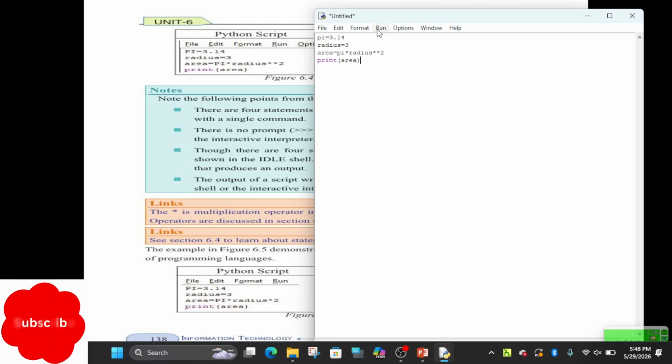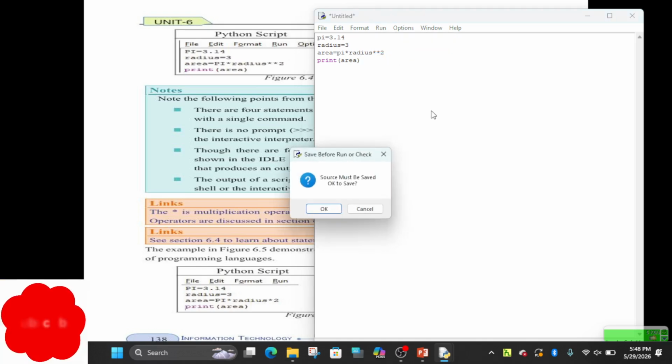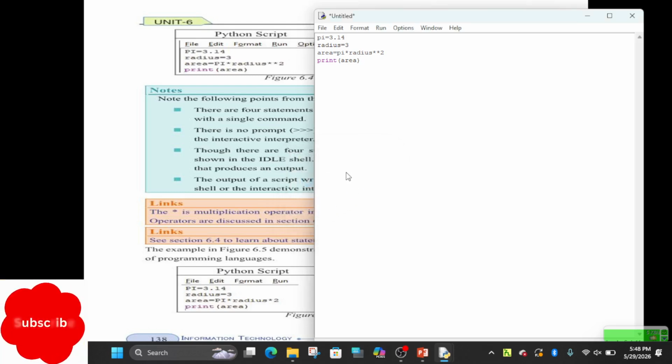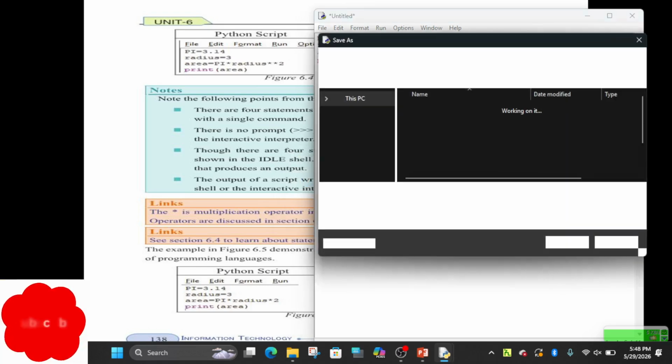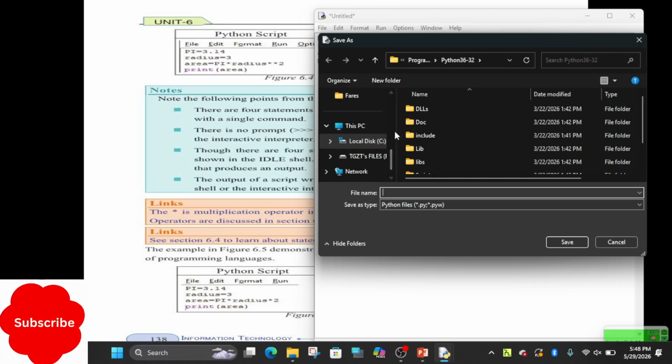Here, you have to save it. When you try to run the module, it tells you the source code must be saved. Okay. Then on the left side, you have to choose documents.